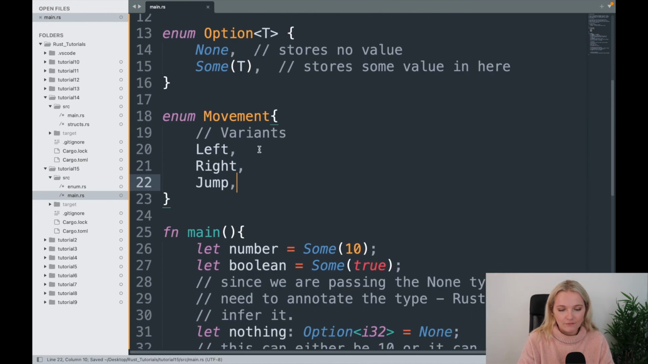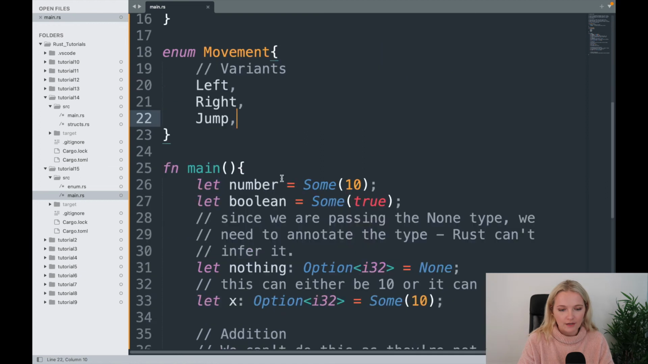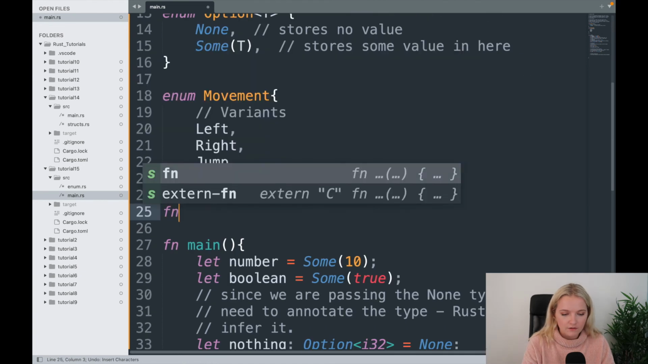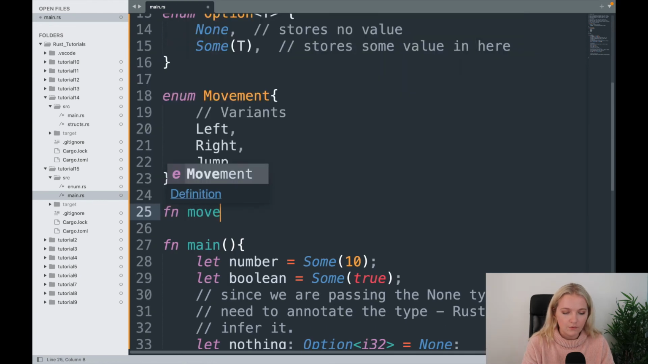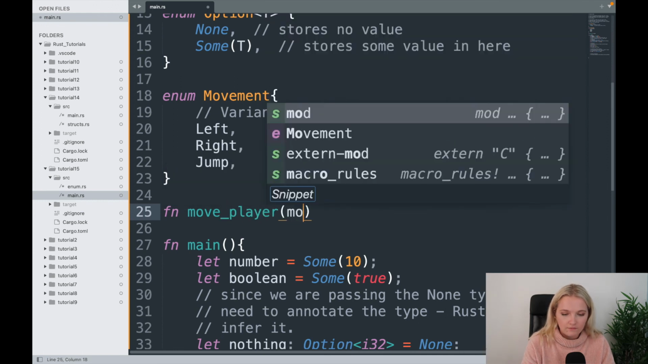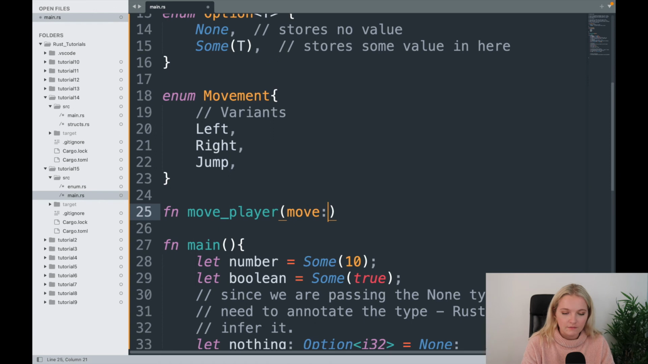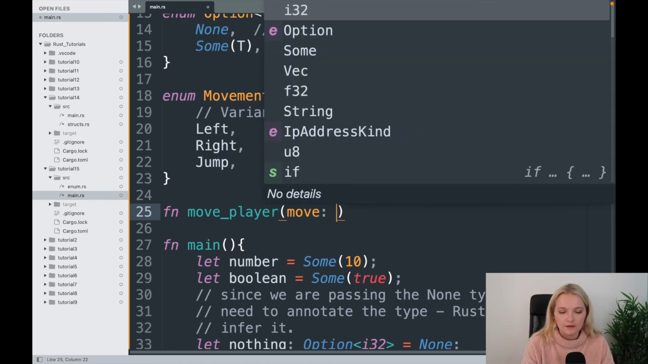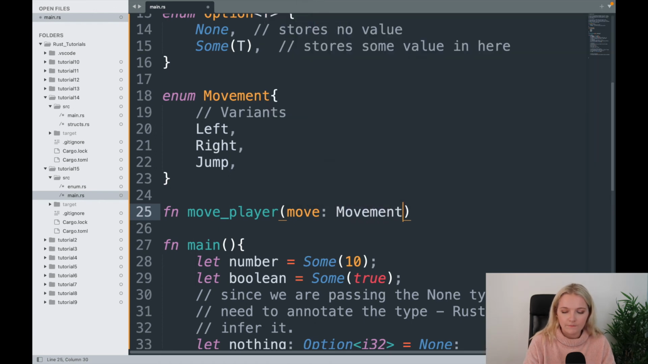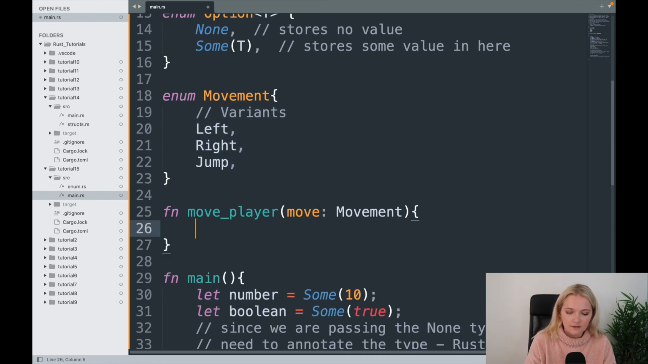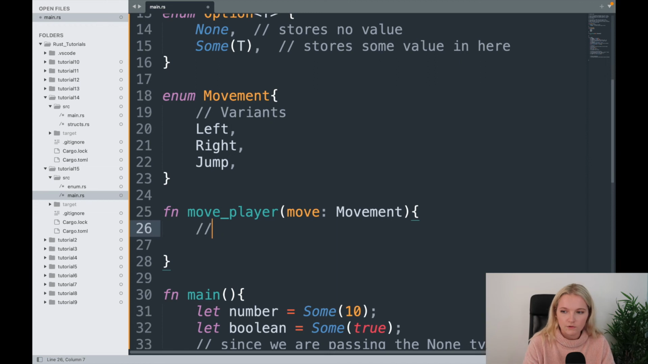So we've defined an enum, we have our movement in here, so left, right, and jump. And we're going to create a function called move player. The parameter we input here is going to be our movement enum, so it's going to take these values here, and in here we're just going to perform the action depending